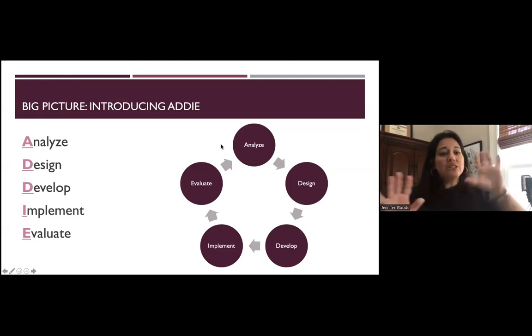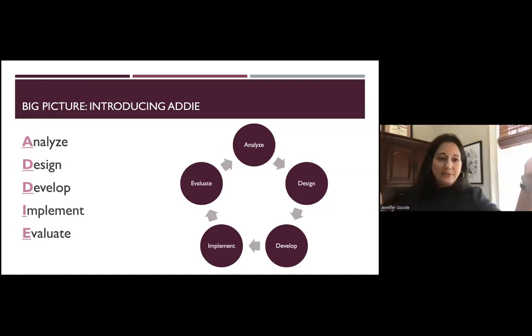All right, let me just introduce this now. I'm going to give you a flag. Next time that I join you is in January, and we're going to go into ADDIE. But I couldn't talk about ADDIE, or couldn't talk about an overview of the field without at least introducing you to ADDIE and telling you a story about how I use it. Okay, so I'm going to talk about ADDIE.